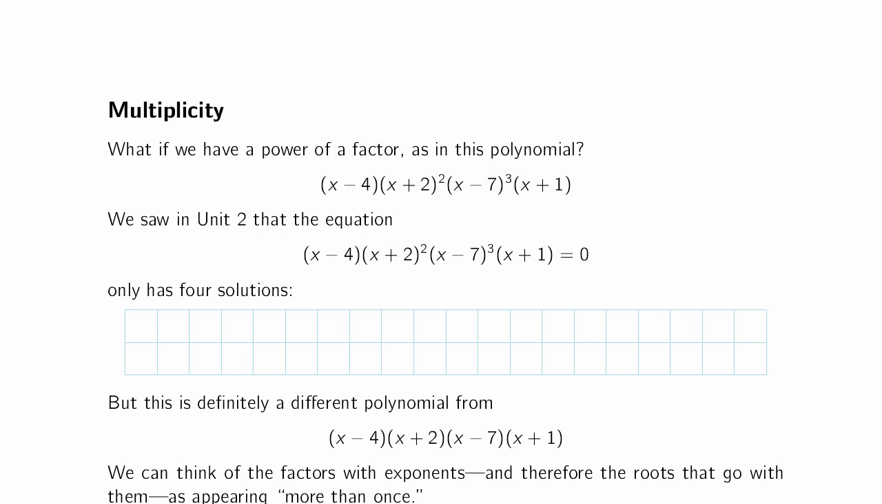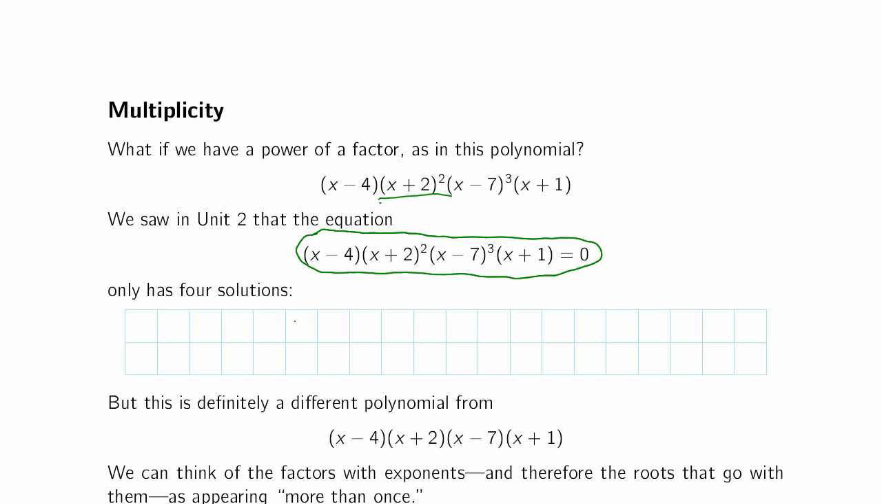What if, in our polynomial, we have a power of a factor? Right, so not just x plus 2, for example, but x plus 2 squared. Well, we saw back in Unit 2, when we were working on our polynomial basics, that this equation only has